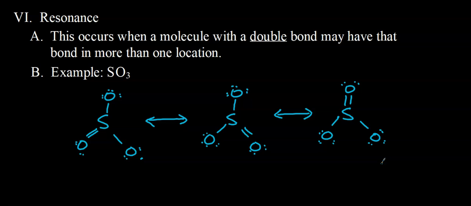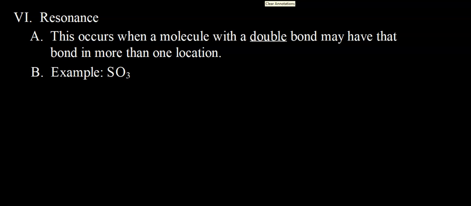Now, in reality, where is the double bond? Which oxygen has the double bond? In reality, none of the oxygens have a true double bond. So what happens is these electrons here that make up the double bond are said to be delocalized, meaning they can move around between all of the oxygens. And so another way to draw the resonance hybrid for something like sulfur trioxide